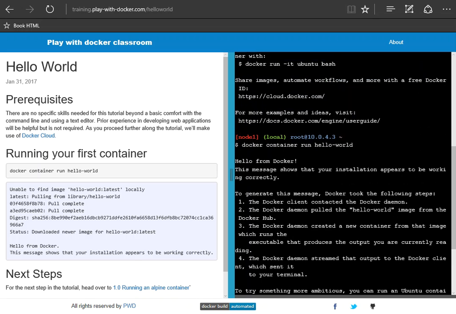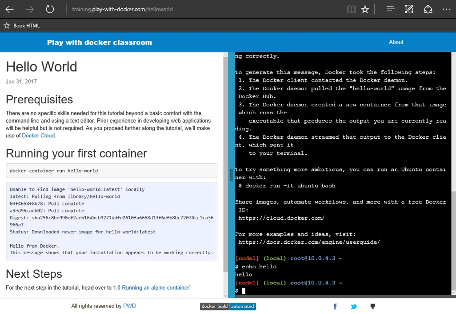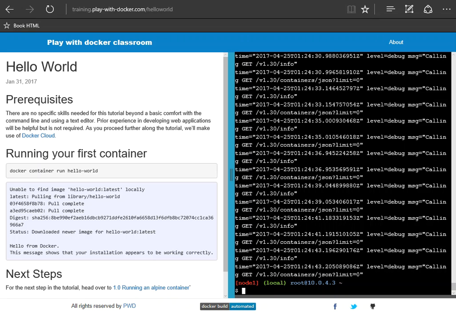But this is actually a fully functional terminal. You can type almost anything you want in here that you would normally run in a terminal. I can say echo hello, and it'll say hello, or I can do an ls on the root, and there's a file system there, and I can look at it. I can cat docker.log. The reason you can poke around in this file system is because this